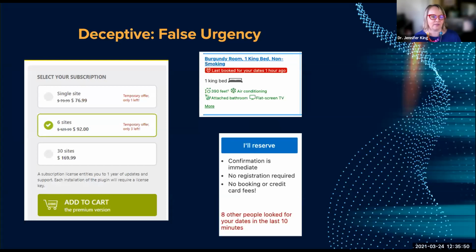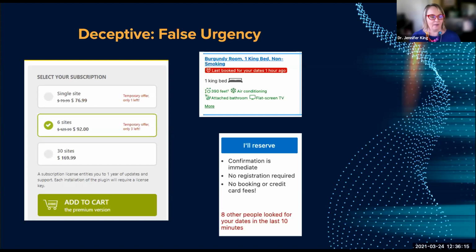So here are a few examples of deceptive dark patterns. These are often in the e-commerce space, and generally they're focused on, again, planting false beliefs. The idea here is scarcity. They're trying to work on your vulnerability to a scarce resource. It's also a form of what we call social proof, meaning if you see that other people are doing something, you're more likely to do it.